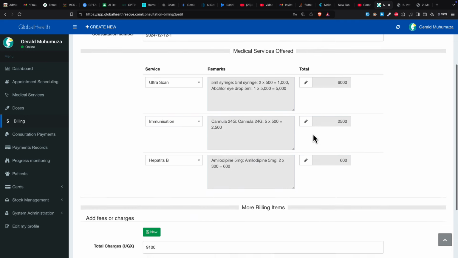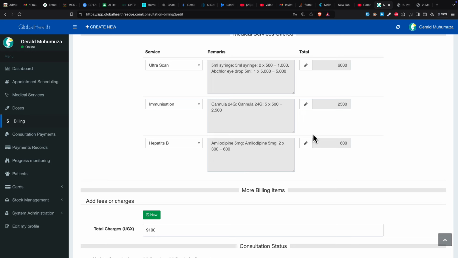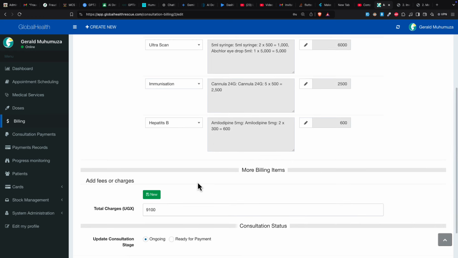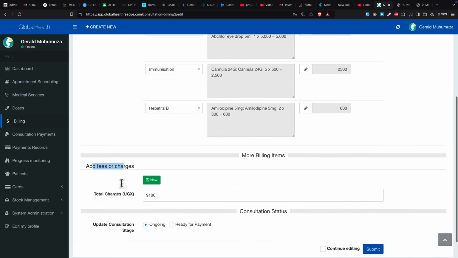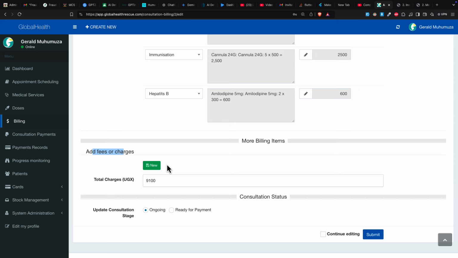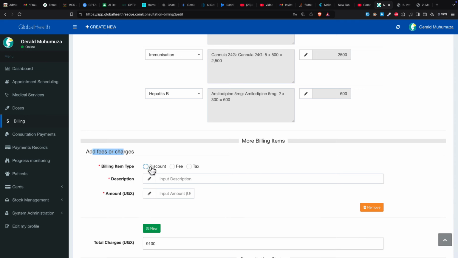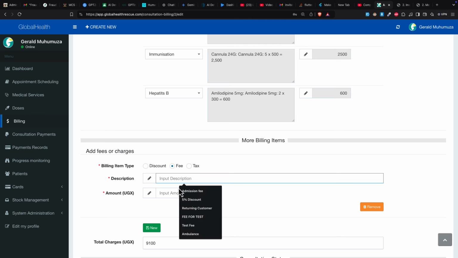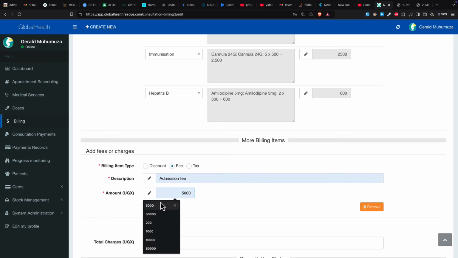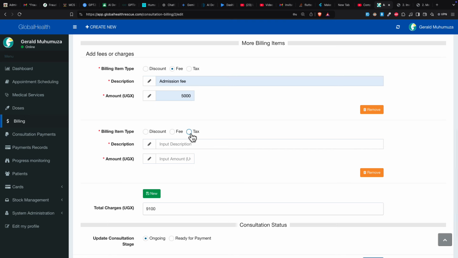However, you can give a discount, or you can add some tax. So I can go ahead and say add fees. All right, add fees and all charges. So I can click here, add new. So if I want to add the fee, I can say fee. Maybe I can say admission fee or registration fee, or any fee that we want to bill this customer. Can go ahead and add it there. So I can add another one. Okay, so if this one is a tax, I can go ahead and say it's tax, and